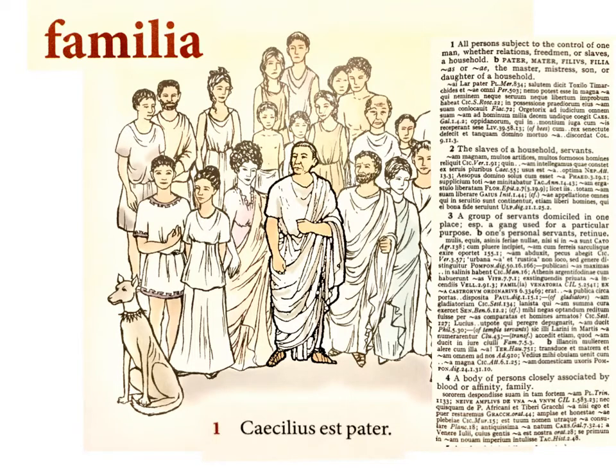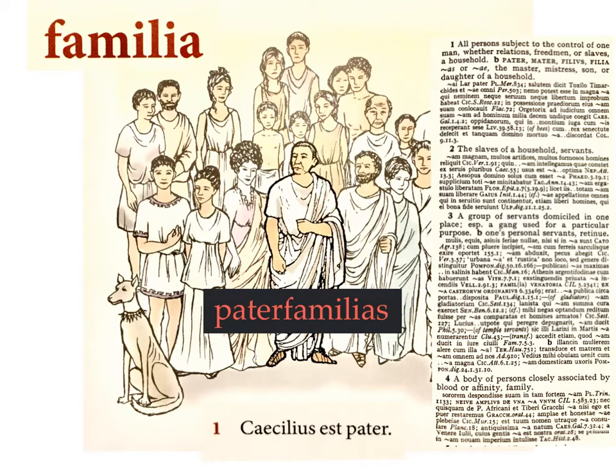I want you to notice that it's not till number 4 down here that we come to the idea of people related by blood, the way we think of family. The first 3 define a larger group of people who were subject to the legal authority of a single man like Caecilius, who in this context would be known as the pater familias. Right? This group certainly includes his immediate family members. Roman fathers possessed almost unlimited legal authority over their children and their wives, but it also included 2 other groups,